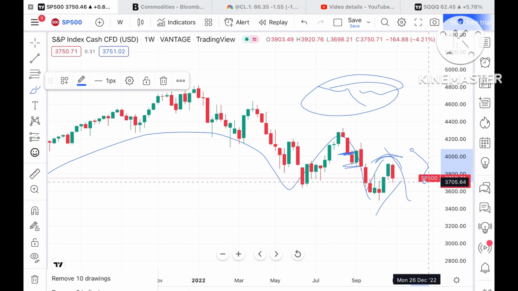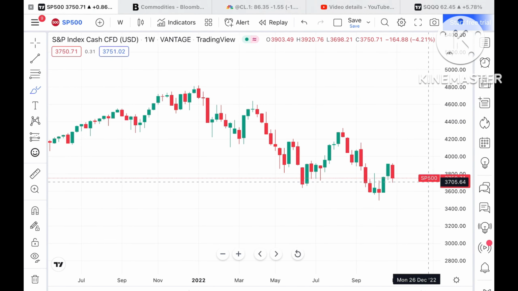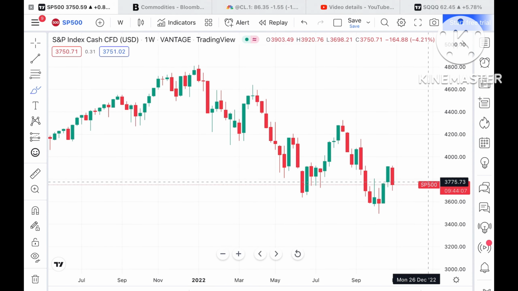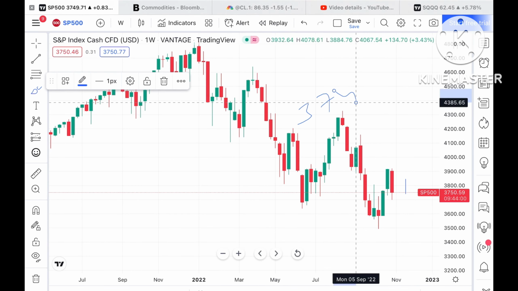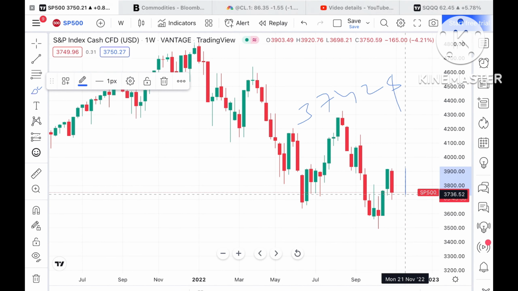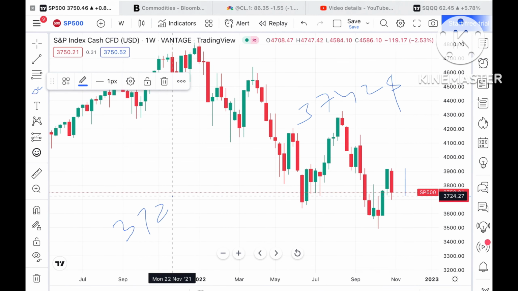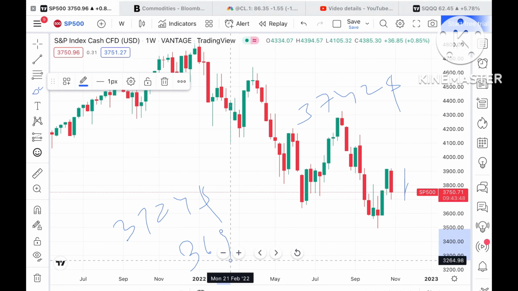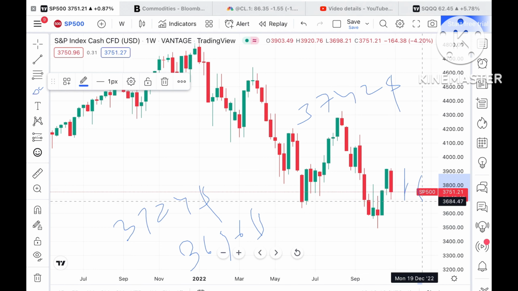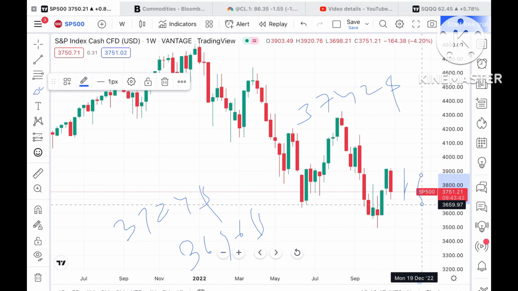Now suppose the price doesn't sustain this particular level, which is a higher probability. Then we can see it can move further low towards a level of $3,742. If the price moves below that level, it can touch a level of 3,724, and if that level also doesn't sustain, it can touch a level of around $3,696. Once the price falls below $3,696, it can fall further down towards a level of